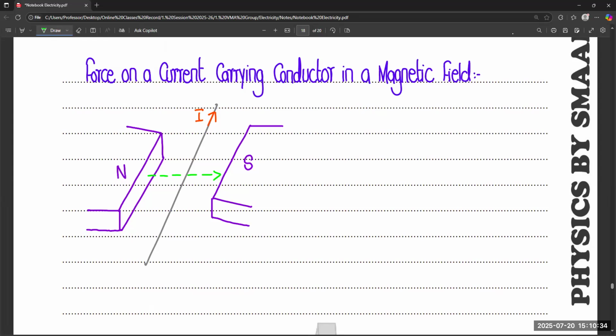So it depends upon the orientation of the magnetic field, the orientation and the direction of electric current. So according to that, you will get the direction of force on the conductor. Okay. So first of all,